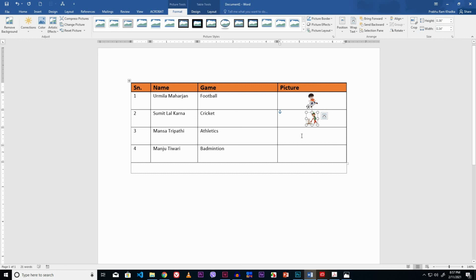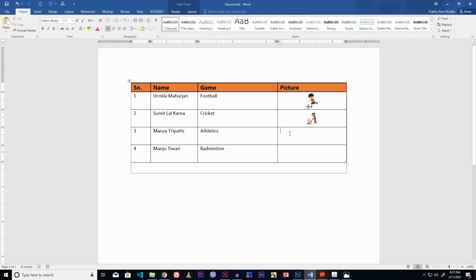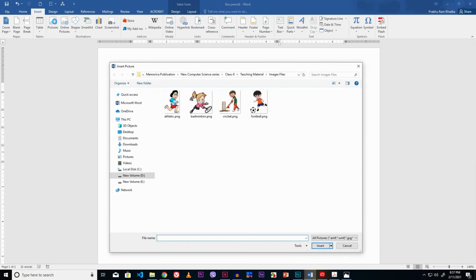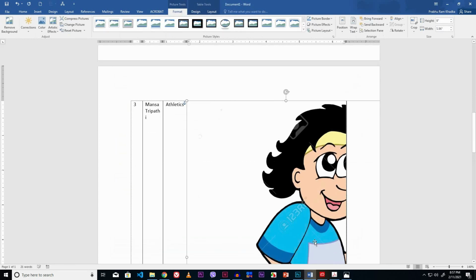Now click in the next cell. Go to the insert tab. Click the pictures option from illustrations group. Now select the image. Click the insert button from this dialog box.